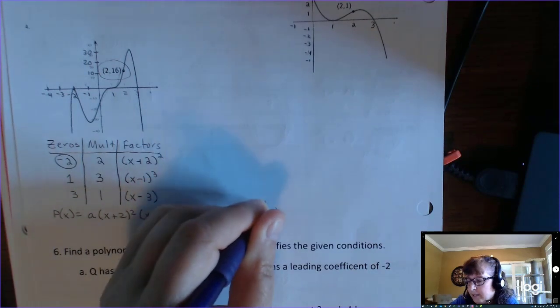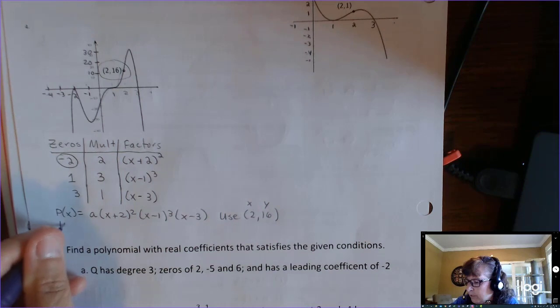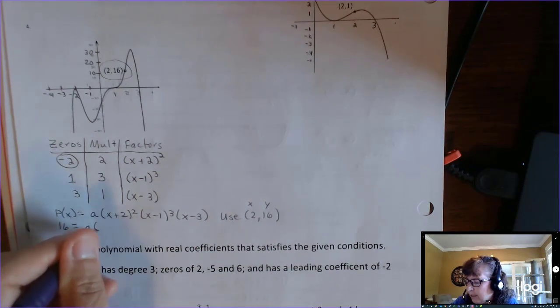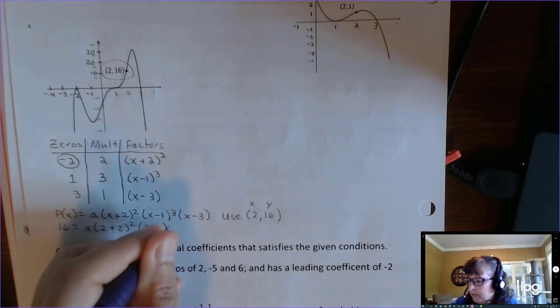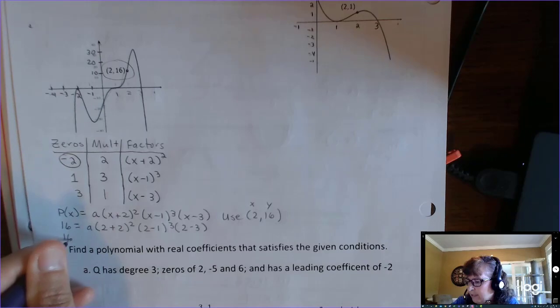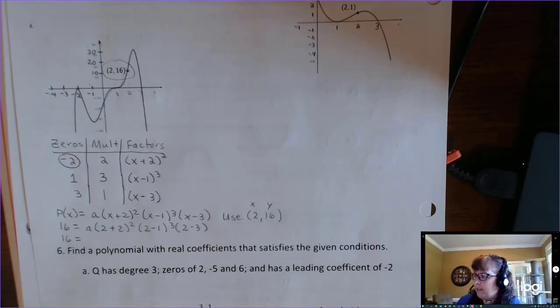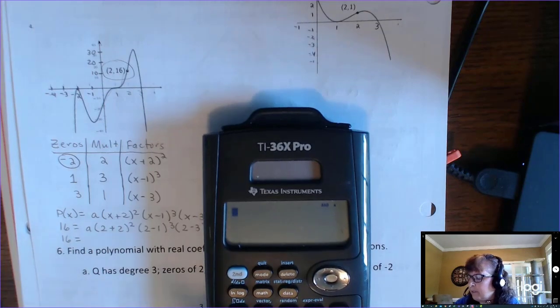So this is my temporary x, and that's my temporary y. So I'm going to put 16 in here, and then 2 everywhere I see an x. And this time I will use the calculator to show you. So we're going to get 16 equals, all right, you can put it in just the way you've written it down. So parentheses 2 plus 2